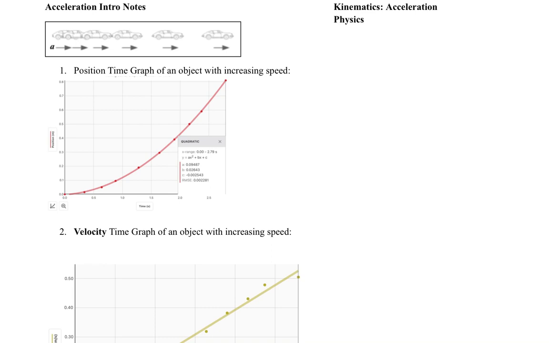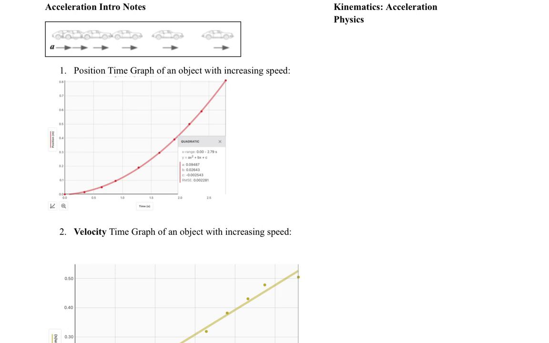Okay, today we're going to begin our investigation into acceleration. And we're going to start this unit very similar to the way we started our last unit, in that we're going to look at some graphing. So what we've got here in this first graph is a position graph with an object that has an increasing